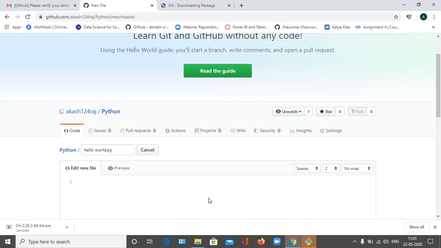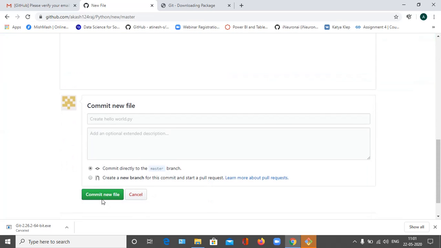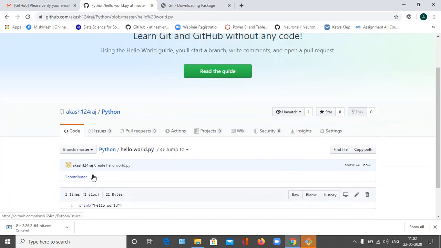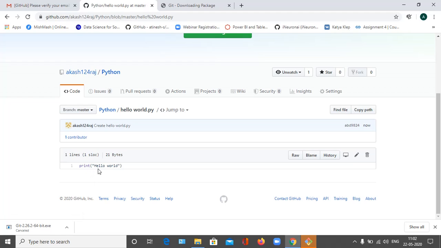So I'm going to write print hello world, and now I'm going to commit. So see here, this is my Python file, and under this file I wrote one program of hello world, and this is one line of code with 21 bytes of data available in this file.